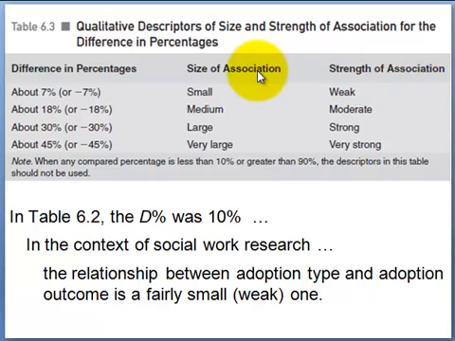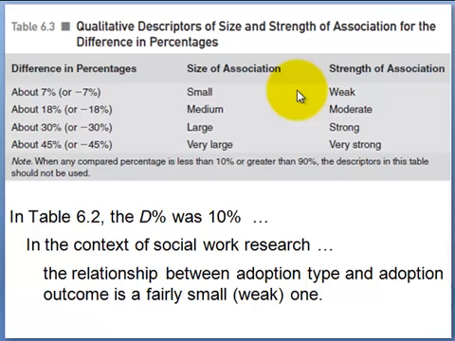But if you choose to describe in terms of size of association, you have descriptors of size, whereas for strength of association, our descriptors convey strength. So a difference of about 7 percentage points is a small association, or we could say a weak association, and